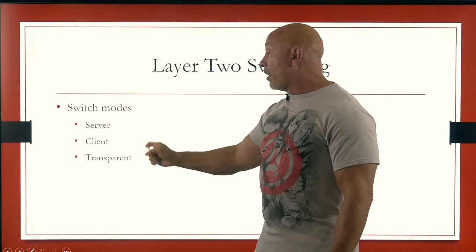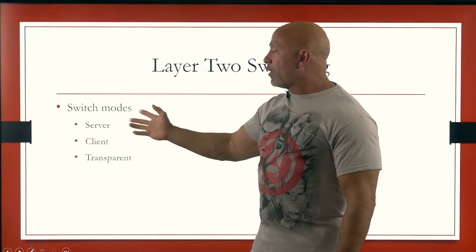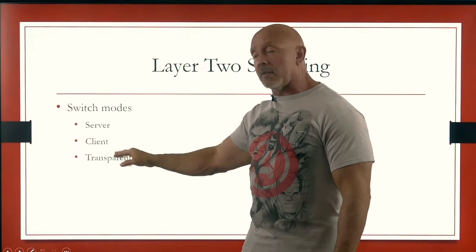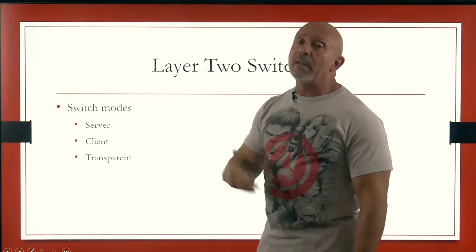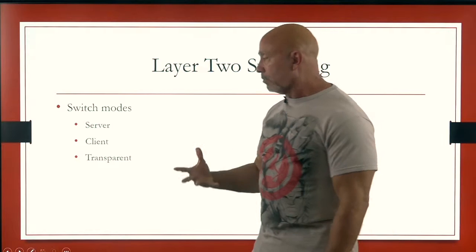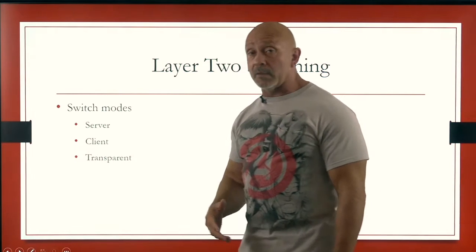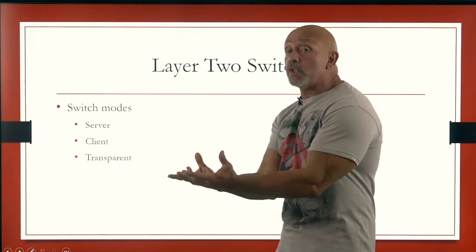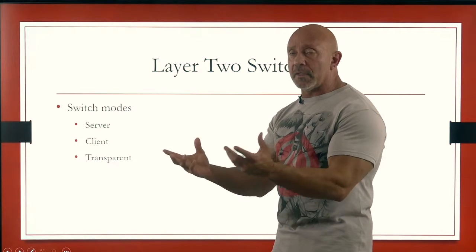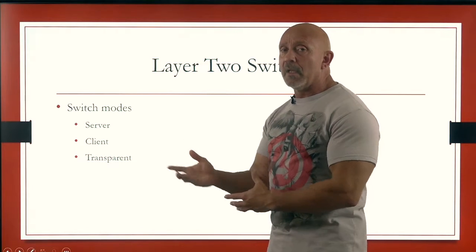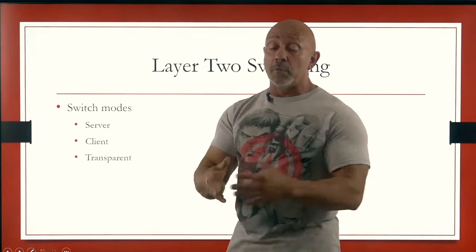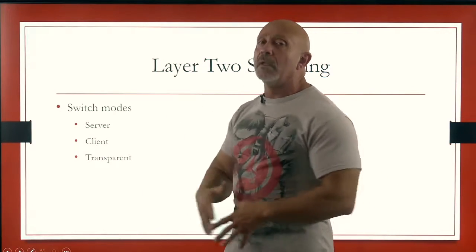The good thing with this is that if you're putting in a switch and you need to change the revision number, one way you can do it is change it to transparent and then back to client or server, and that resets the revision number back to 0. Sometimes you need to do that because you've got to be careful. You bring a new switch into the network with VLANs configured, and you may have a higher revision number, and then your server switch, and you'll see it as we go along in the labs,